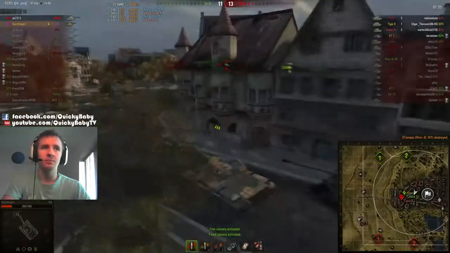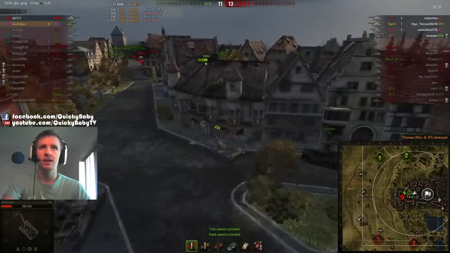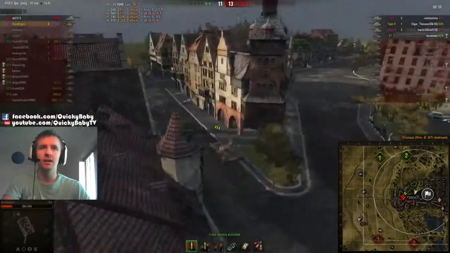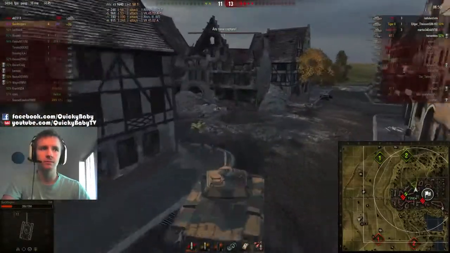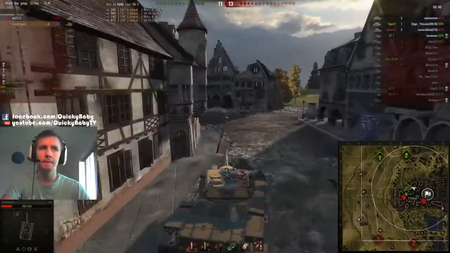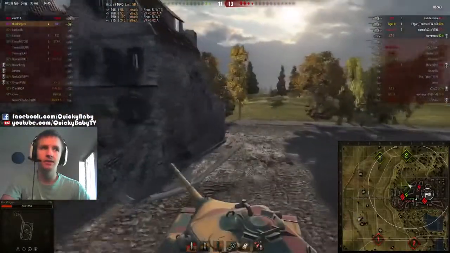Thankfully, I managed to get the jump on that Borsig. And I'm looking for where the Tiger 2's aiming, and he's definitely aiming at me. If I'd gone around that corner, I would have most likely been killed. So I decide to reload and flank around again. And the Tiger 2, I believe, still thinks that I'm there, so he's not interested in...